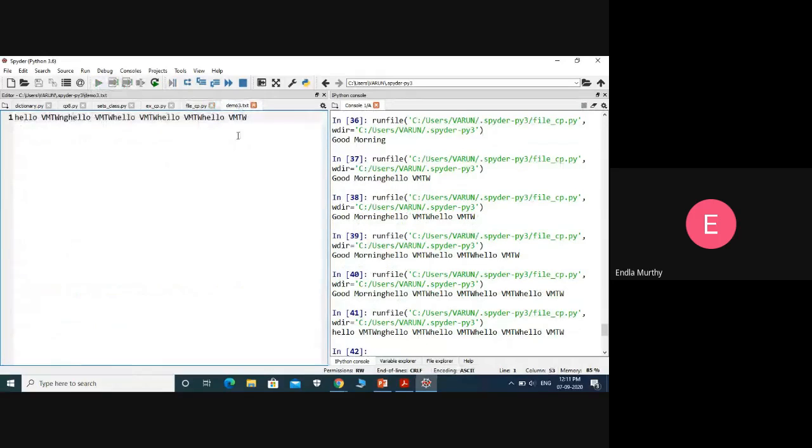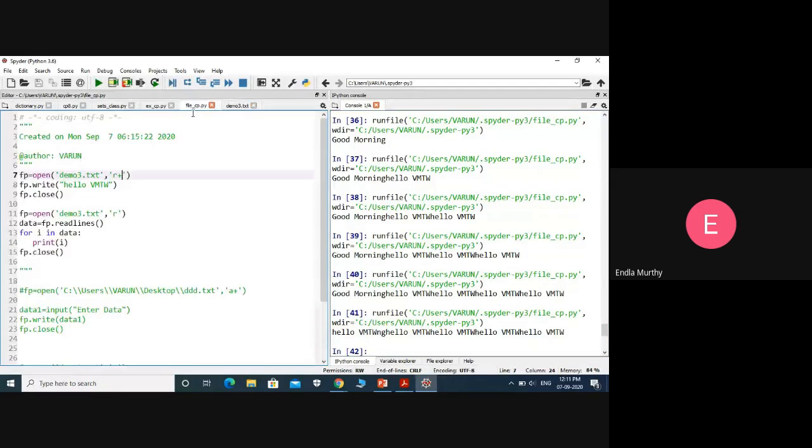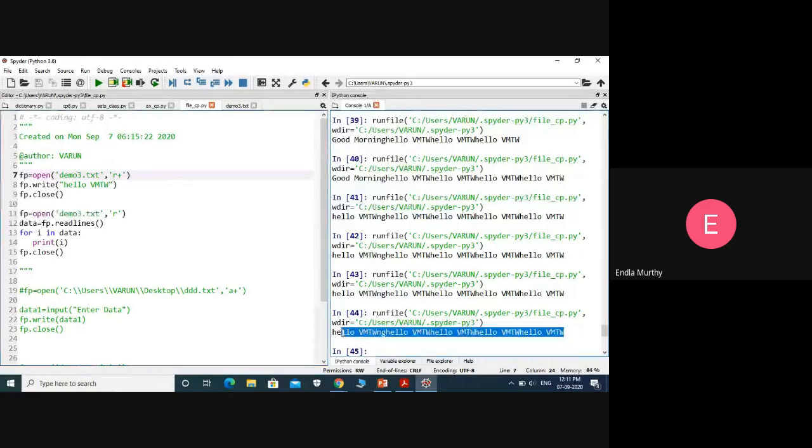So now, if you observe, we have 1, 2, 3, 4 times only. What happened? Actually it is not writing anything into the file, right?